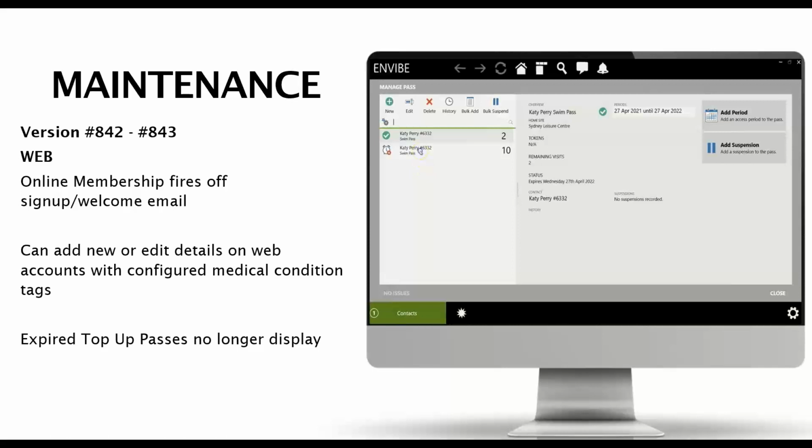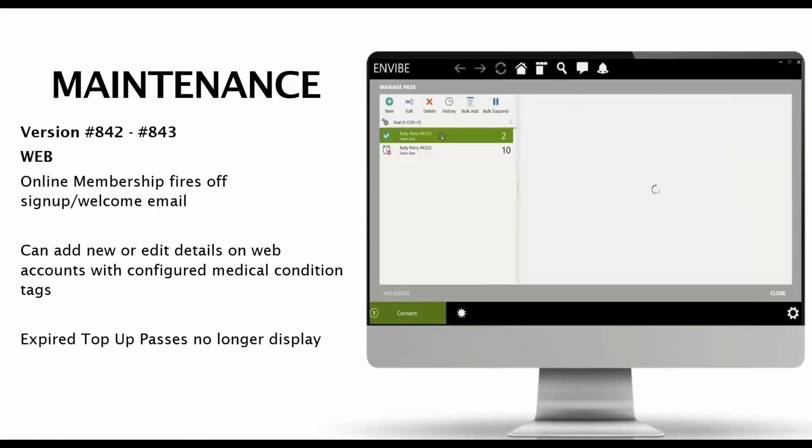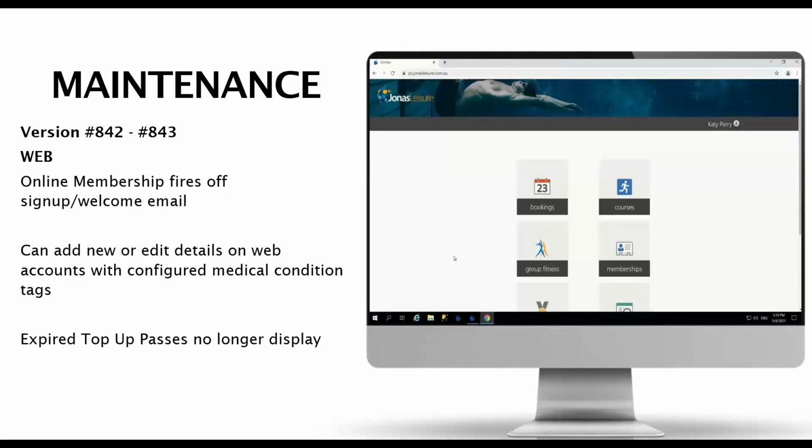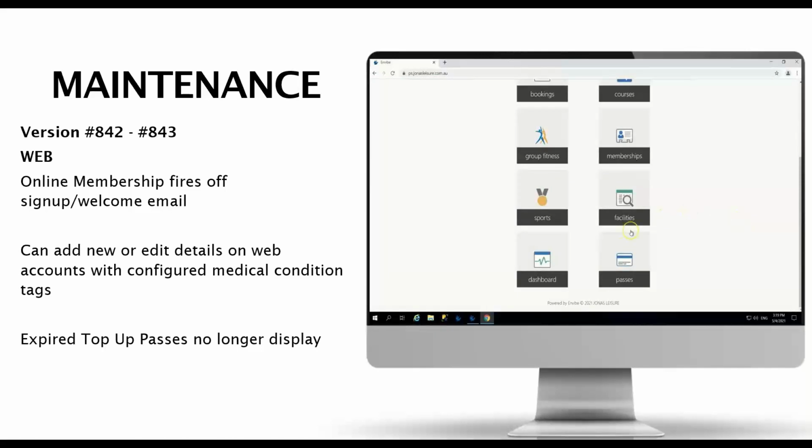Let's just got one that's expired. It actually expired on the 31st of December 2020, and then we've got a current pass that's valid until 2022, which is going to Australian time. So now let's pop over to online and have a look at it. Now, Katie Perry's account. Let's have a look at those passes. Now click on